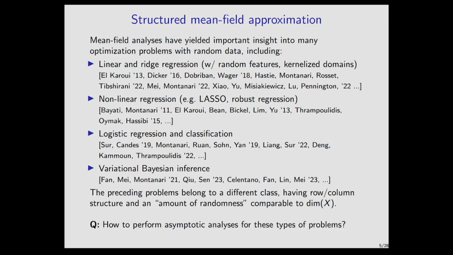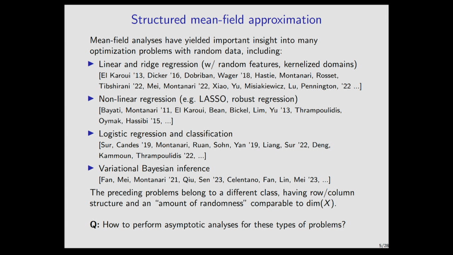And the two questions that I mentioned on the preceding slides seem to have a different flavor than this large body of work that's been done, in the sense that the variable that we're interested in is not just a high-dimensional vector, but it's a high-dimensional matrix, n by n. The row and column structure of the matrix play an important role in those problems. And also importantly, the total amount of randomness that we're assuming in the problem definition, like the randomness in those matrices A and B, the dimension of that randomness is comparable to the dimension of the optimization variable x. Right? So those problems seem to belong to a different regime of problems than what's been studied here.